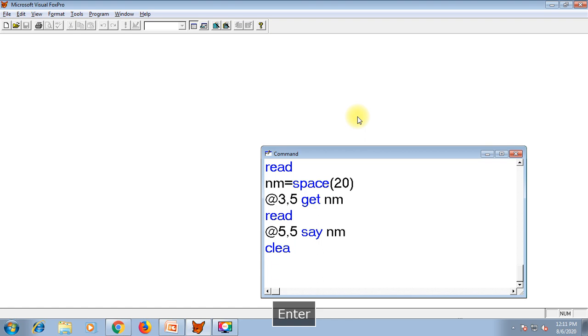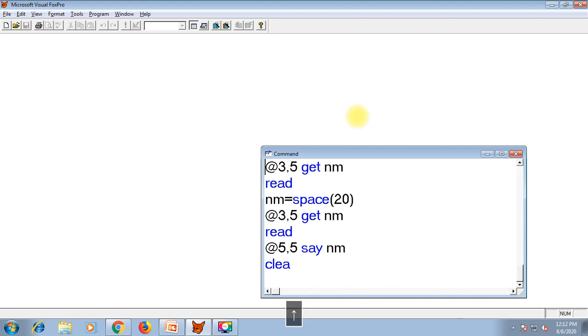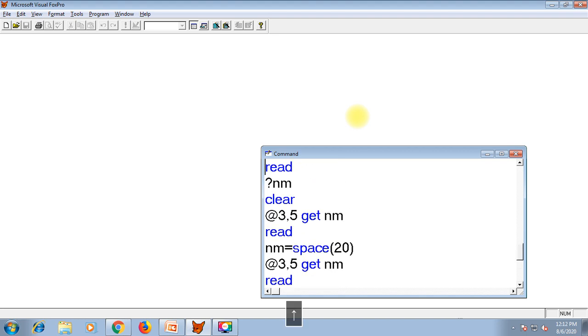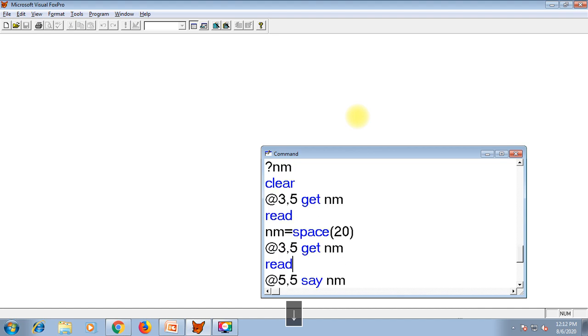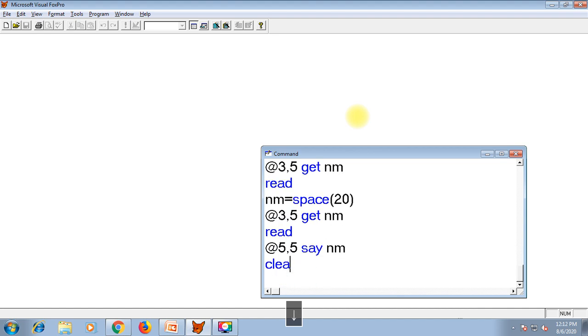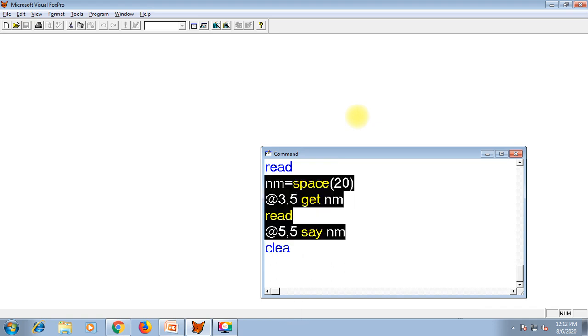You can define string variables in these three ways. Either directly enter the value, or use spaces, and the third way is this. If you want to write the third way, write this. This is the third way, by using the space function.